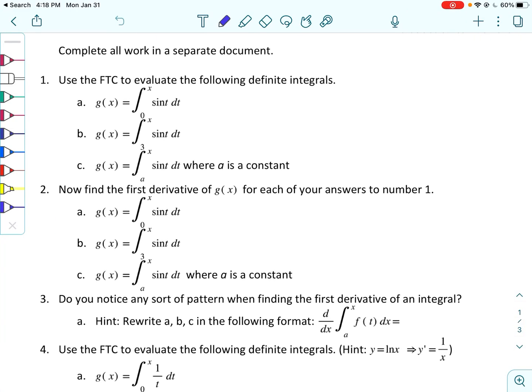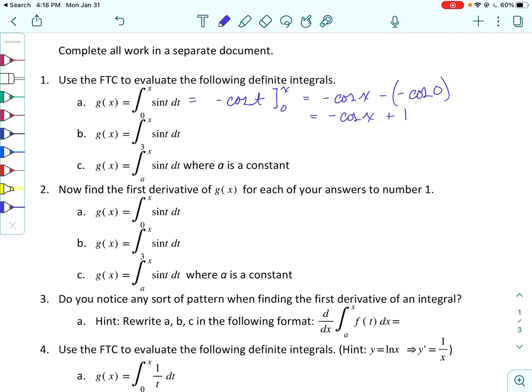All right, y'all. So if you've had a little bit of trouble with this, I'm going to work through just a couple. So all we're doing here is finding the antiderivative of sine t, which is negative cos t, from 0 to x. And then I'm substituting in, so I have negative cos x minus negative cos 0, which is negative cos x